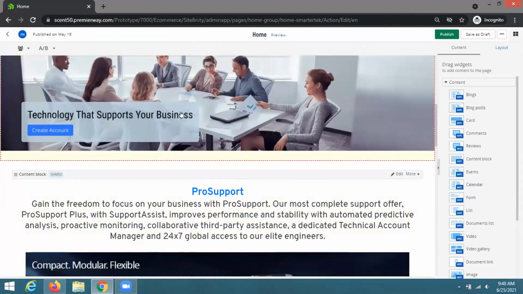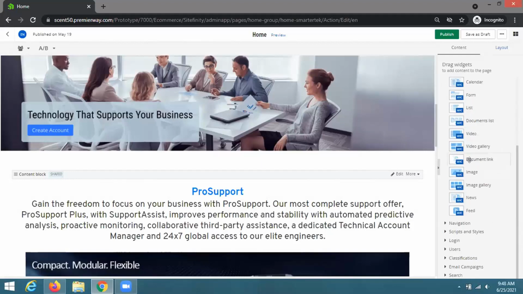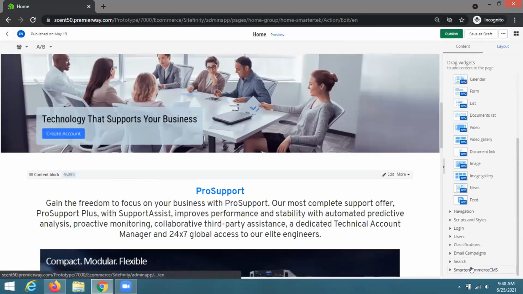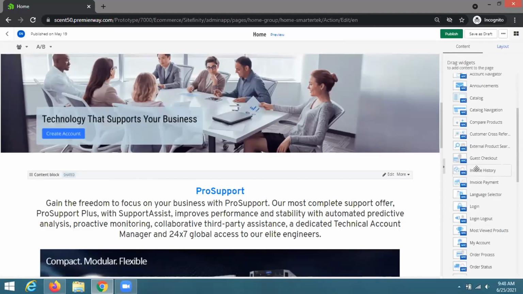How do we do that? So this is the same design view of the page. If I scroll through the right-hand section right here, you'll notice within my content section, I have all of the different types of content available. And these are the widgets I use to basically set them up and display them on the site for my customers. And if I scroll to the bottom right here, and go to SmarterCommerce CMS,